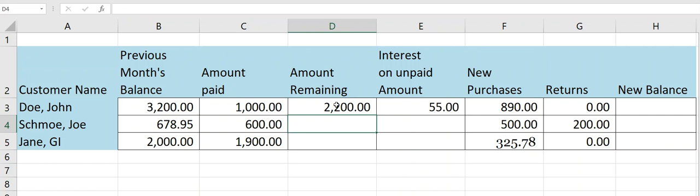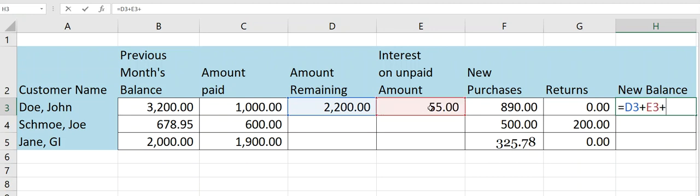So now I know how much is remaining after the payment, and I know how much interest will be charged against this amount. I'll finally click at H3, and this is where I will figure out how much John Doe owes in his new balance. I'll type an equal sign, and I will click on the amount remaining. I'll type a plus sign because I'm going to add the interest to that.